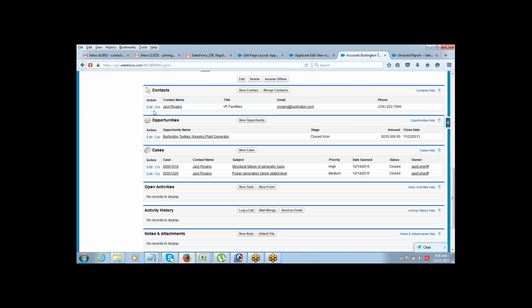See, list of contacts under account, this is a related list. Opportunities, list of opportunities under account, this is a related list. List of cases under accounts, this is a related list, right?